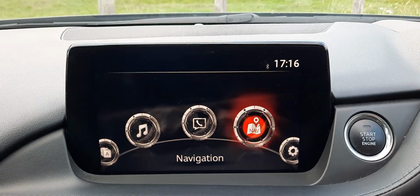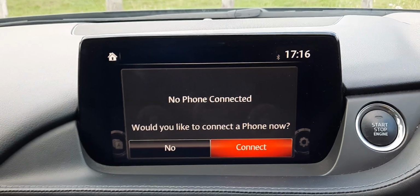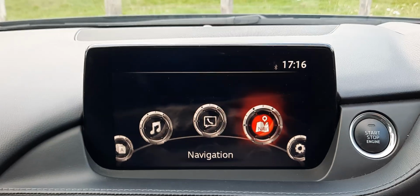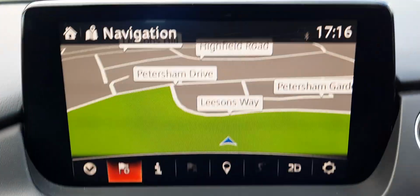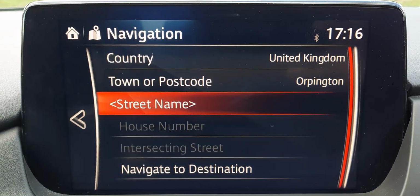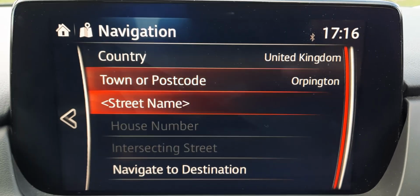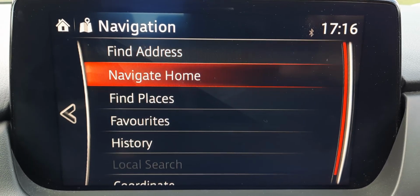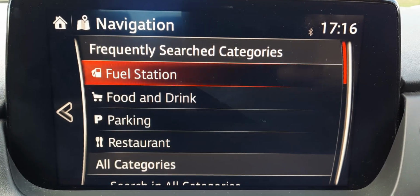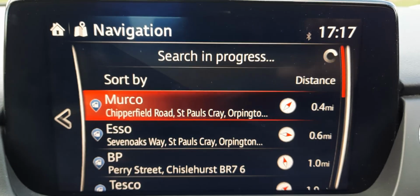Okay, right, so once your phone's paired up, you can access your phone book, your call list, dial call, missed calls, etc. Okay, navigation, you've got a great sat nav screen here. Find address, put your postcode in, and off you go. All right, when you're on your journey, you can find useful places nearby. I'm always looking for a fuel station, always pick up cars with no fuel, and you can find them there,